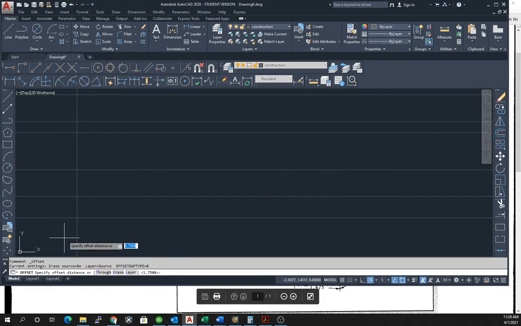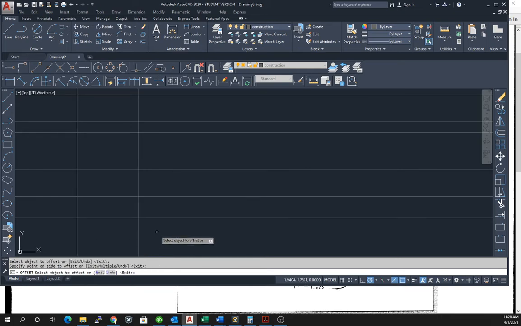So offset 2.875, click on our line, offset 1.625, click and move back, and then offset 0.875,